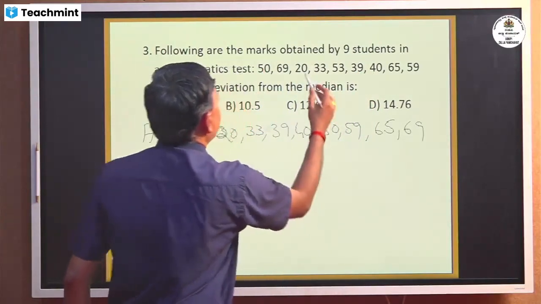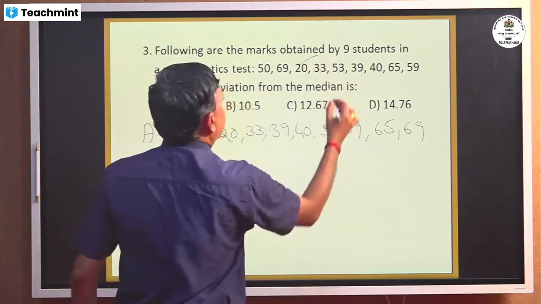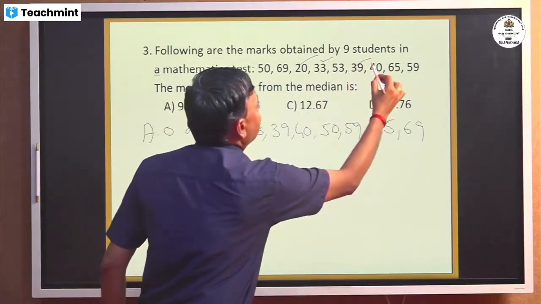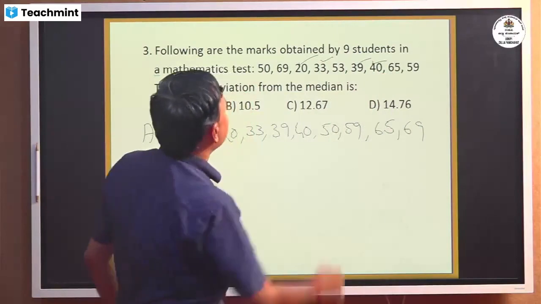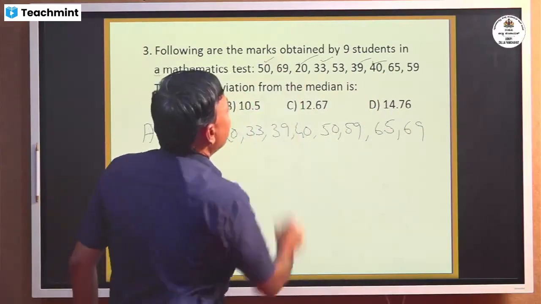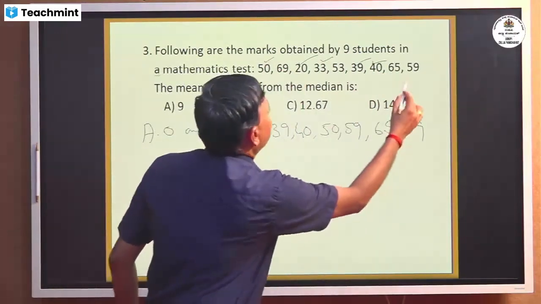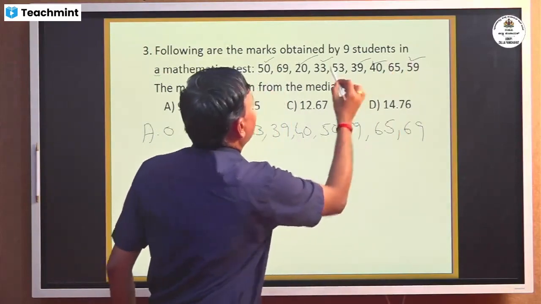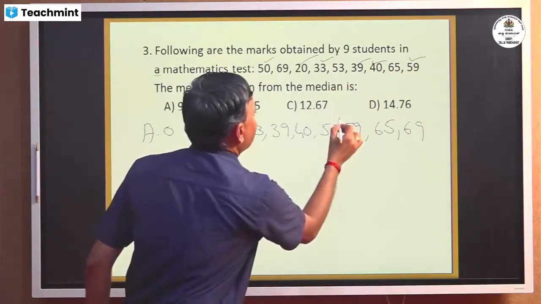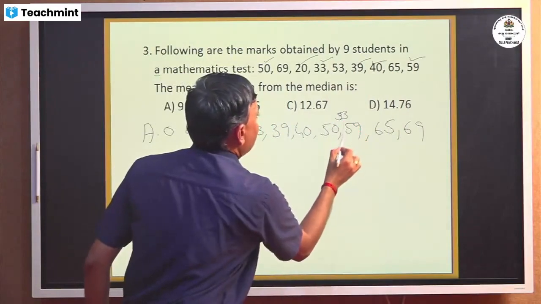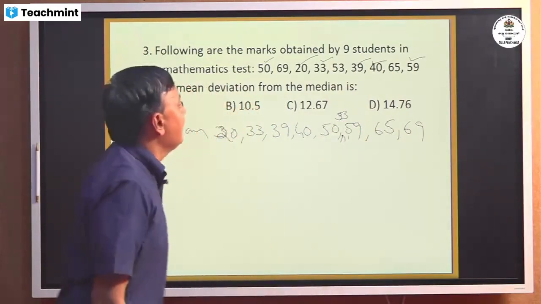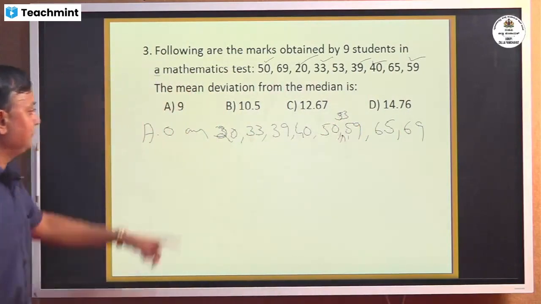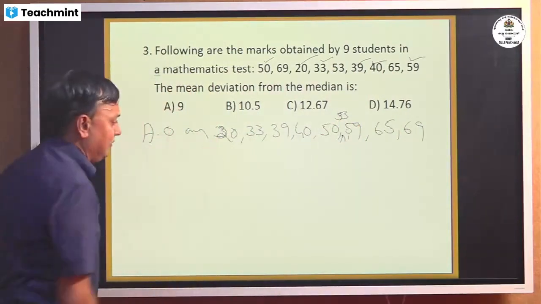So here 20, then 33, then 39, then next 40, then next 50, then next 59, then next 60. Here 53 is missing, correct. So here, 53, one more data 53, then 59, 65. So here total, once again we write